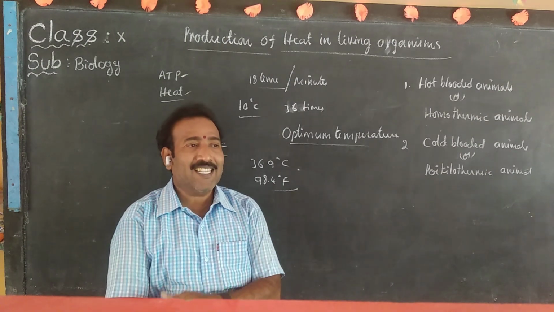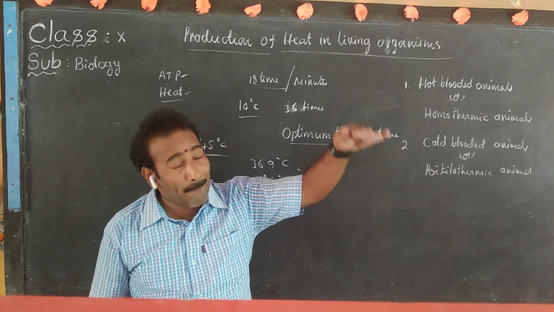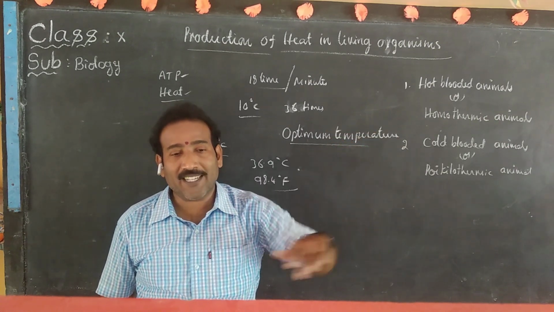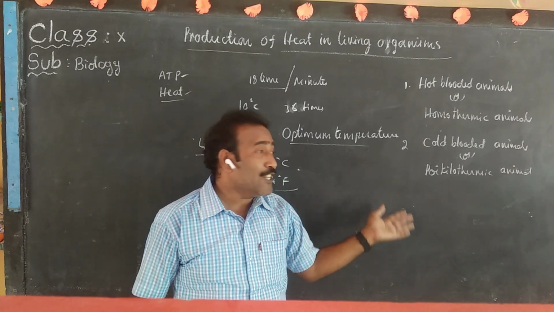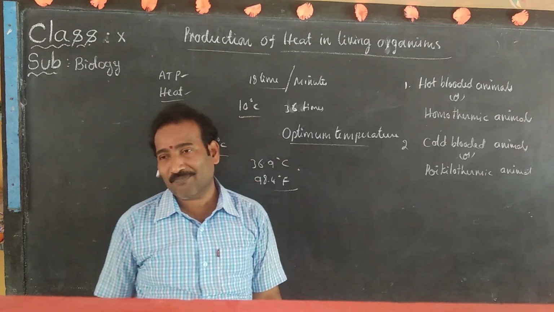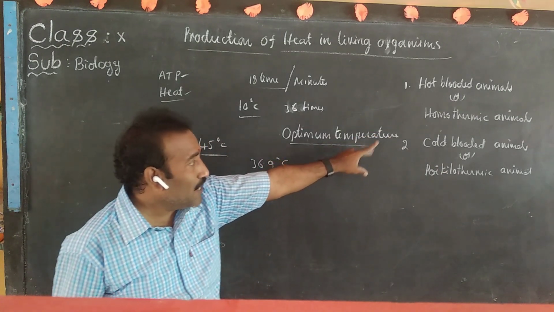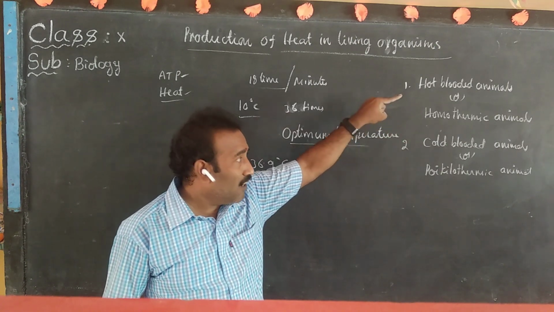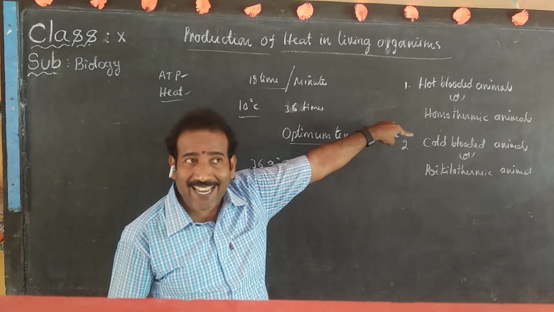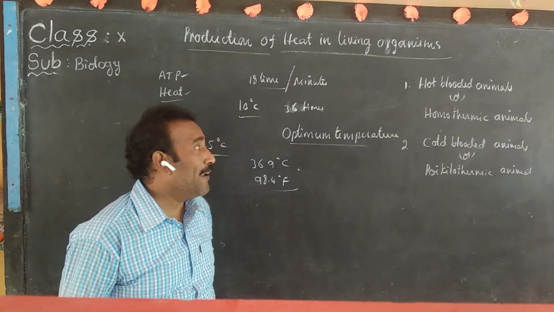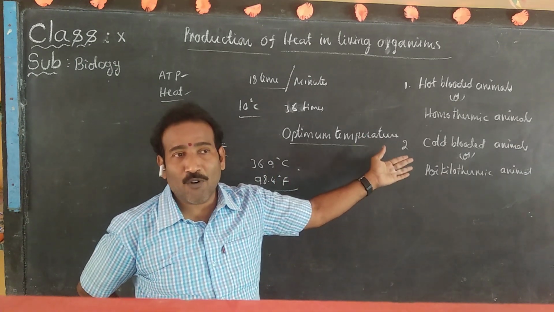In the polar regions, in the water bodies, water freezes on the surface. Beneath this ice sheet there will be water. In that water also fishes are able to live. And fishes are also able to live in hot springs, in which the temperature is more than 80 degrees Celsius. That's why fishes are able to live at temperatures as low as 0 and as high as 80 degrees Celsius, because they have no capacity to maintain a constant body temperature.